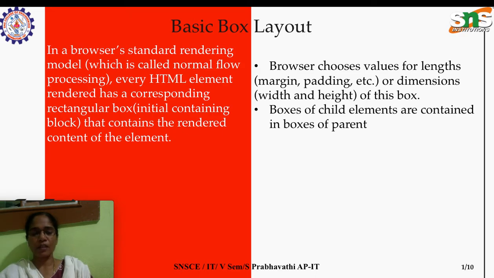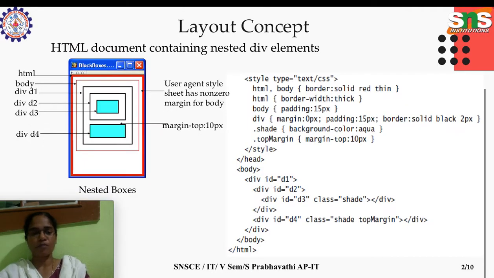That we have covered in the previous topic, with n number of CSS properties like margin-top, left, right, bottom, and similarly for border and padding. Here we are going to see one example of how an HTML document containing nested div elements is rendered by the browser. When we have nested div elements, how are those rendered by the browser? Have a closer look at this example HTML program.